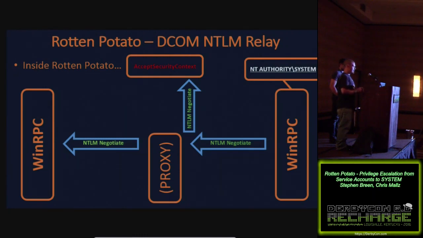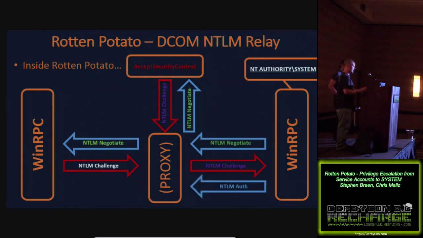It's sent back to us. When we call AcceptSecurityContext, it'll give us a second hash, the same NTLM challenge, and we replace that inside the RPC packet structure. So we don't have to forge our own RPC packet at all. We send that back, and then we get the hash 3, and when we get the hash 3, we send it right back into AcceptSecurityContext, and that's basically it. So that's a high-level overview of what happens, but we'll go into a little more detail here.